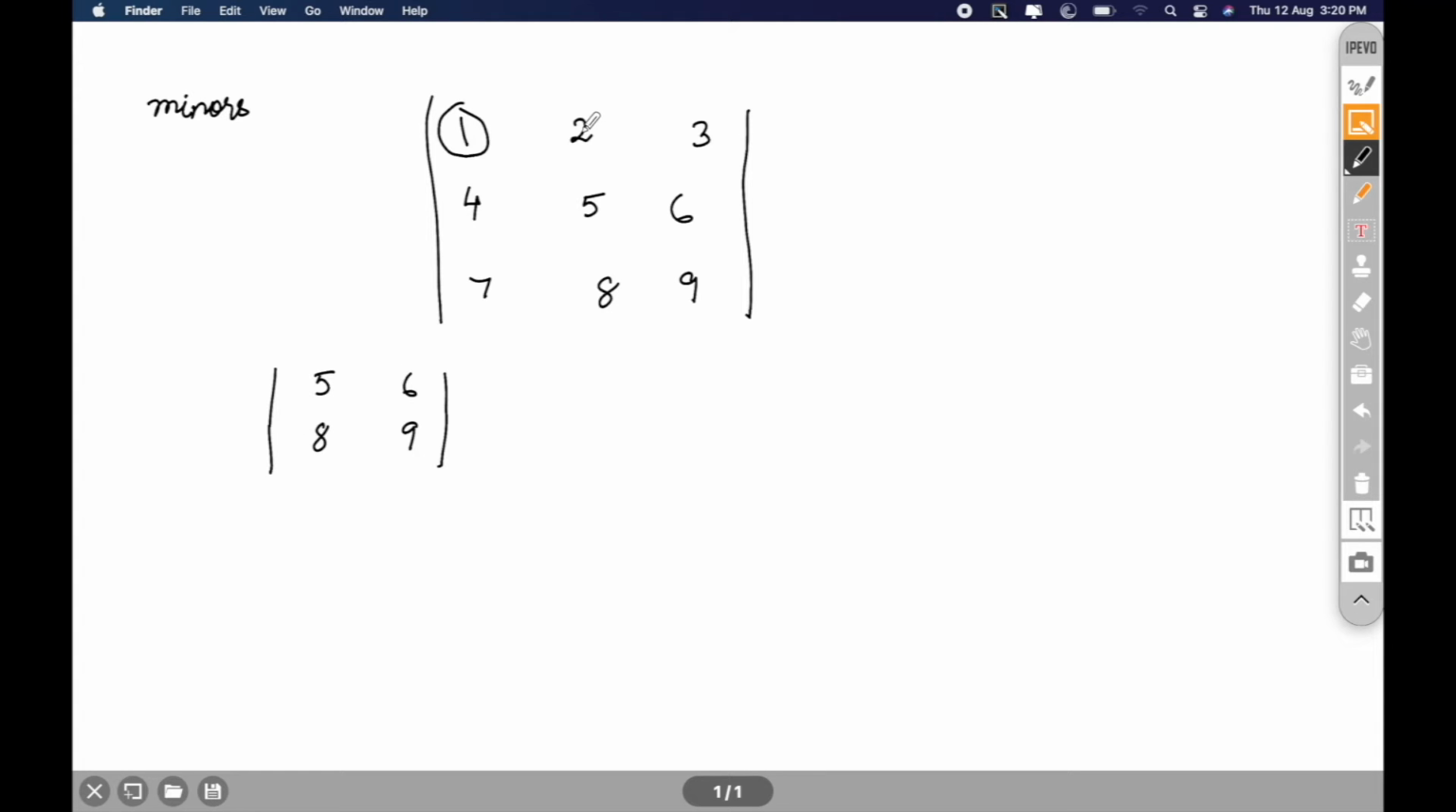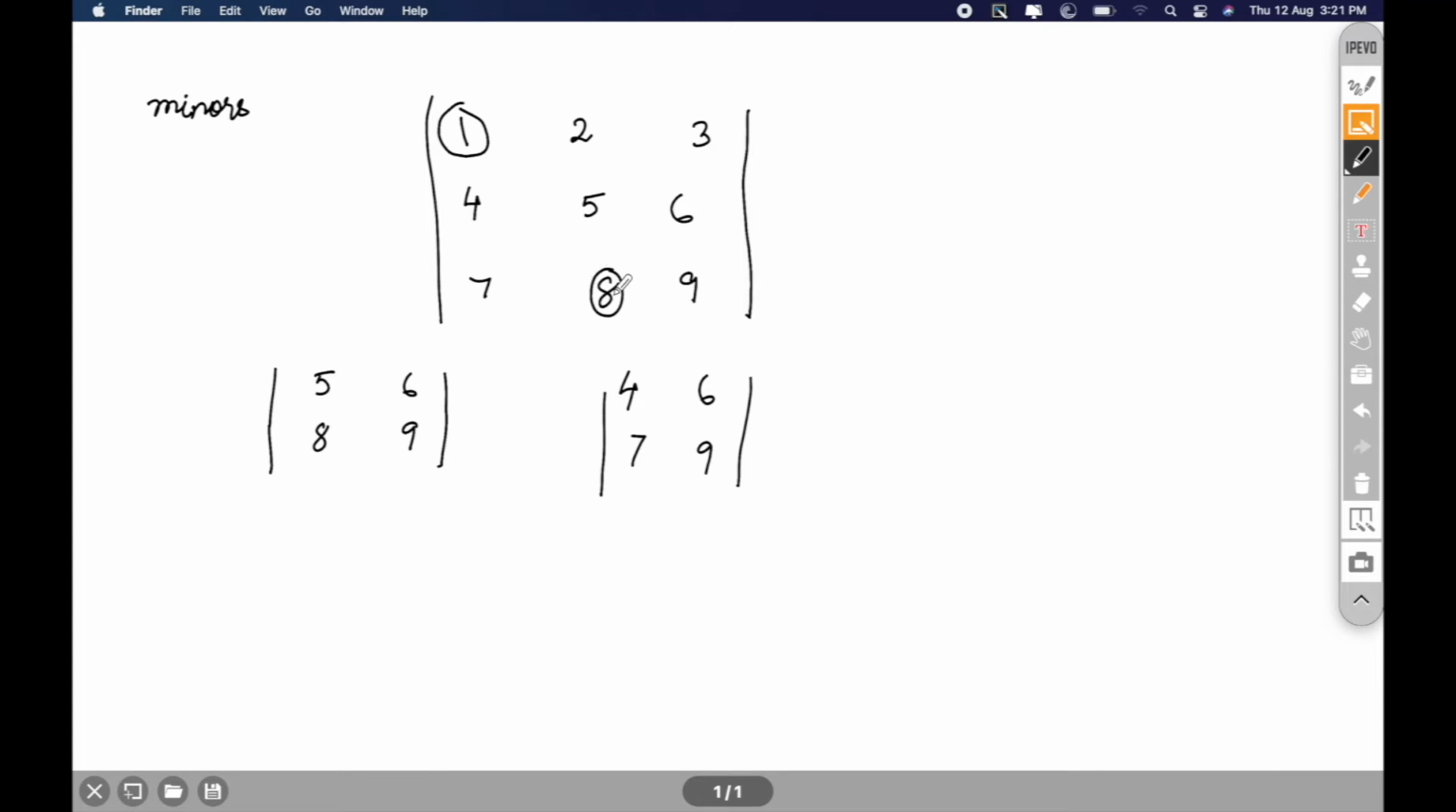Similarly, minor of the element 2 now. 2 occurs in the first row. So we have to eliminate the first row. 2 also occurs in the second column. So we have to eliminate the second column. The left out elements are 4, 6, 7, 9. This is again a second order determinant here. So you can see for finding out the minors of the elements of a third order determinant, we obtain second order determinants, right? Now if I talk of the element 8,